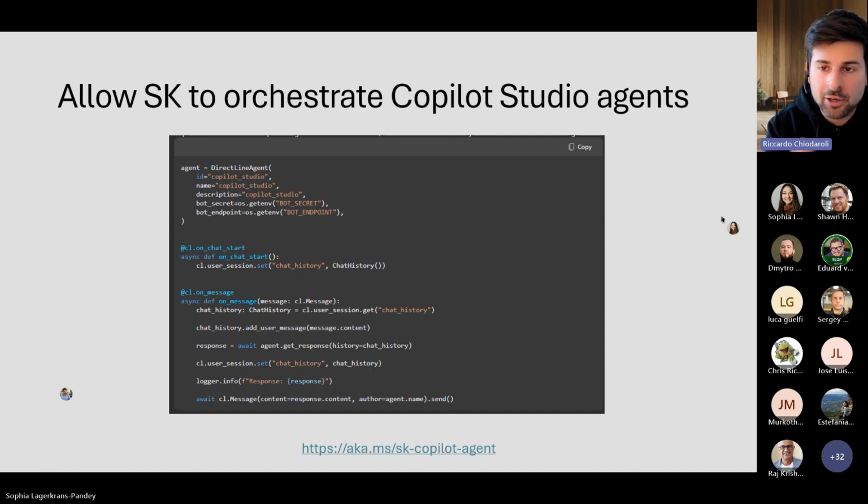So, first scenario, picture this. You may have a complex orchestration system built in Semantic Kernel that your developers have been building and publishing on whatever technology you prefer, but you also want to leverage some agents other business teams have been building on a local platform, and want Semantic Kernel to leverage those and orchestrate a varied set of different kinds of agents. As you probably know already, today Semantic Kernel allows you to orchestrate different kinds of agents regardless of what they are built with or where they are hosted. So you have Crew AI, you have Azure AI Service agents, you have OpenAI Assistant, and